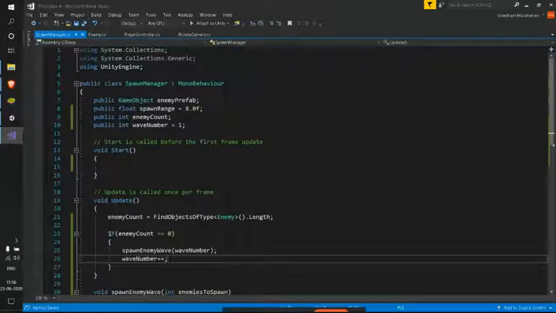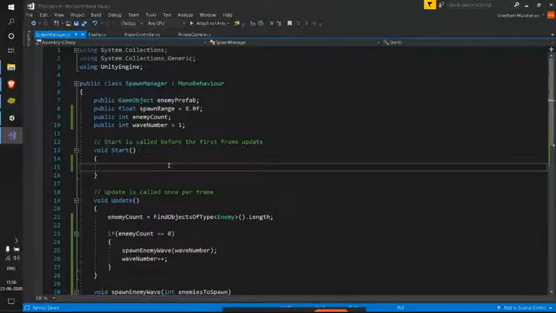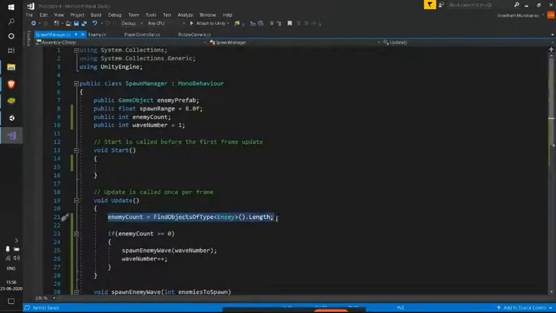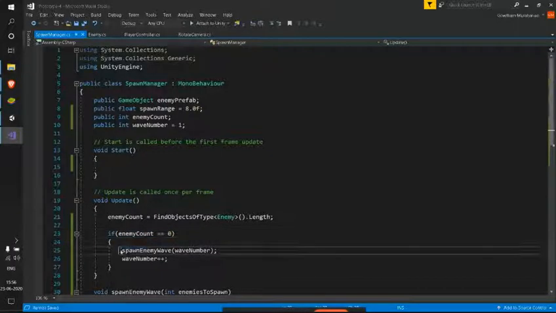Just see this here. Initially when the game starts, I'm not creating any enemies. So in my first frame update, the enemy count will be 0. As this is 0, the if condition definitely satisfies, and as my wave number is 1, I'll have one enemy, and the wave number is increased.